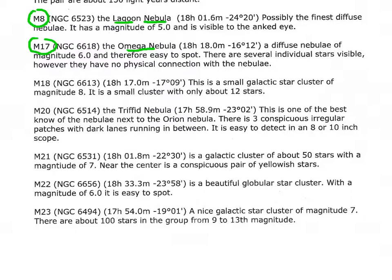So maybe surprising, maybe not, that we have all these cool objects and clusters there in Sagittarius. So, some of these are just awesome. Let's see, let me highlight. Here we have,